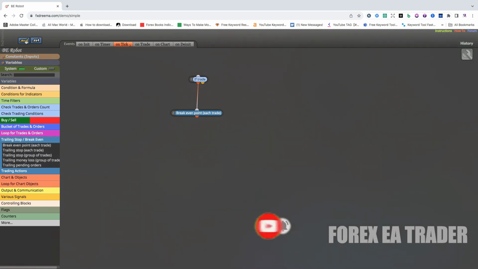Then after that is just now a matter of just downloading either the source code or the .ex4 executable file. I've also done several videos on this channel already about how to use MQ4, MQ5 files in MetaTrader 4 and MetaTrader 5. Look for that video if you happen to download source code files from here or from other platforms, or you can just simply use the